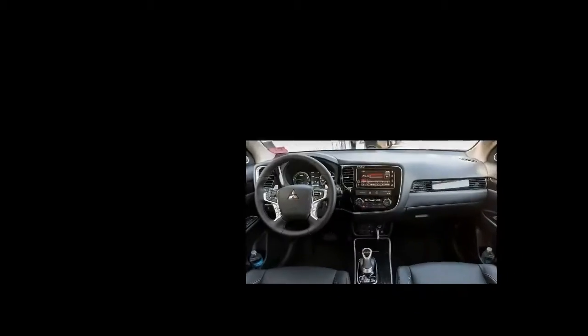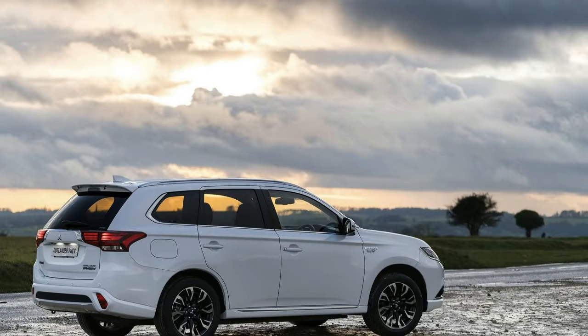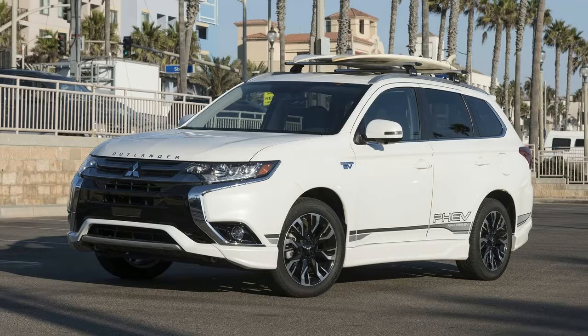2018 Mitsubishi Outlander PHEV. Santa Catalina Island, California. For years now, while the Mitsubishi brand has languished here in the US, other parts of the world have been enjoying the Outlander PHEV. It's Europe's best-selling plug-in hybrid, and Mitsubishi has been improving on it over the years, testing